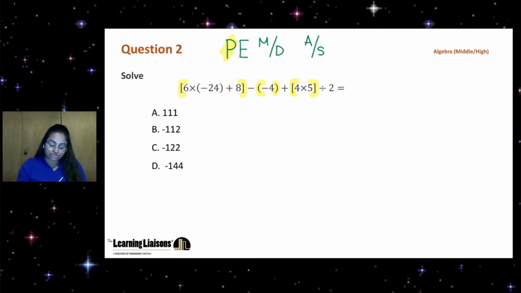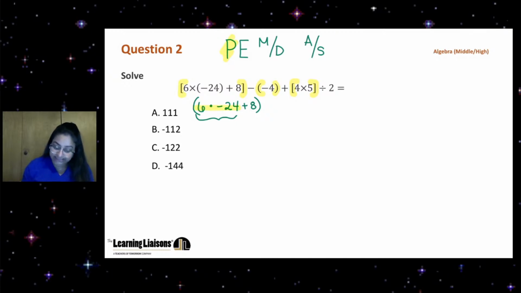Okay, so I'm going to start with that 6 times, it's 6 times negative 24 plus 8. Right, so here we're going to have 6 times negative 24 plus 8. Inside that, what are we going to do? That's not an X. So you know what? Let me just put a little dot. There we go. Well, I'm not going to add the 24 and the 8. I'm actually going to multiply by 6 and negative 24. When I multiply by the 6 and negative 24, I will get negative 144, add my 8, bring everything else